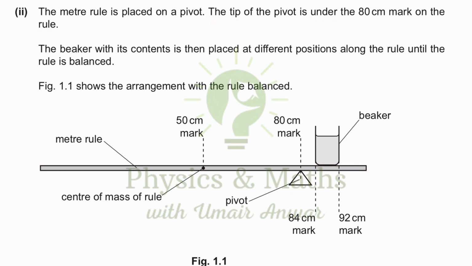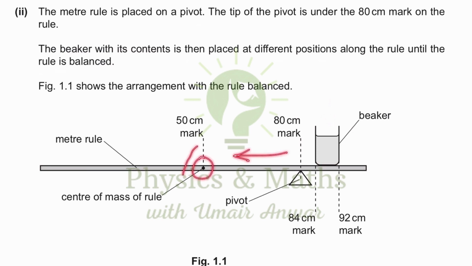So this is the 80 centimeter mark, and under this mark the pivot is placed. The beaker with its contents is then placed at different positions along the rule until the rule is balanced. Now this beaker was placed at different points, and at the moment it is placed at a point where the rule is balanced. Since the center of mass of the rule is to the left of the pivot,